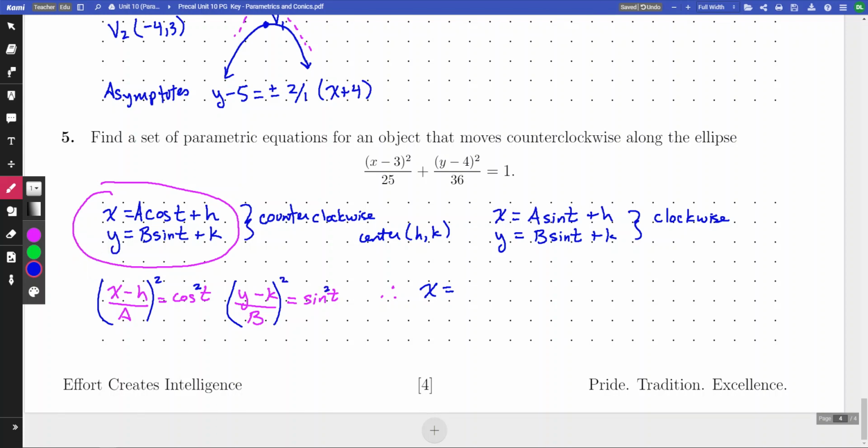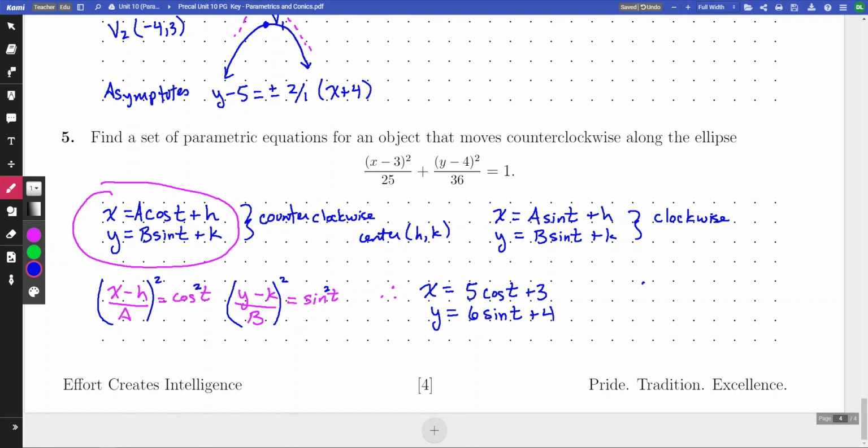So that means that a squared is 25 and b squared is 36. So that's going to give me x equals 5 cosine of t. Let's see here, center is at 3, so plus 3, and y equals 6 sine of t